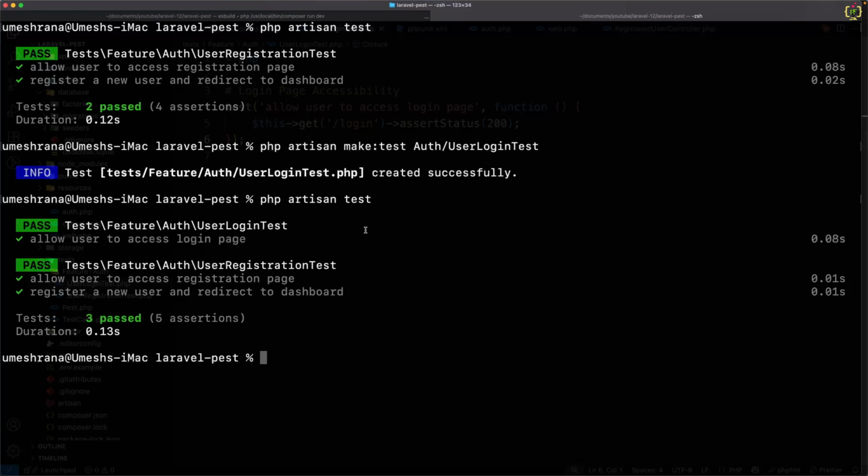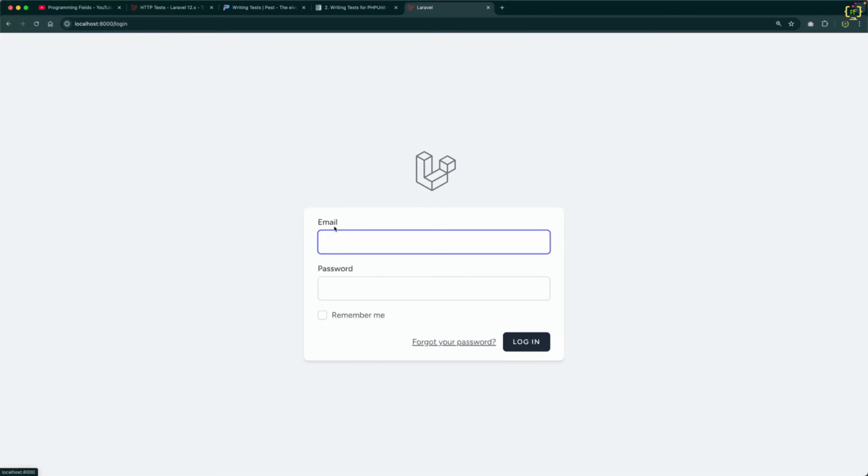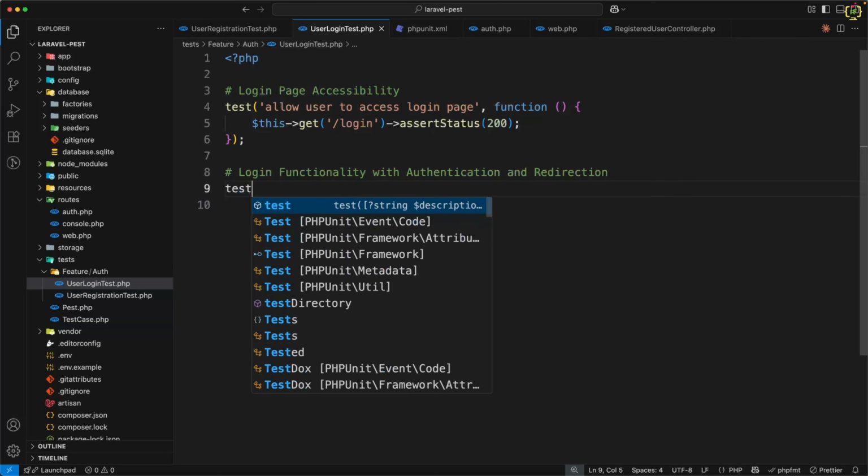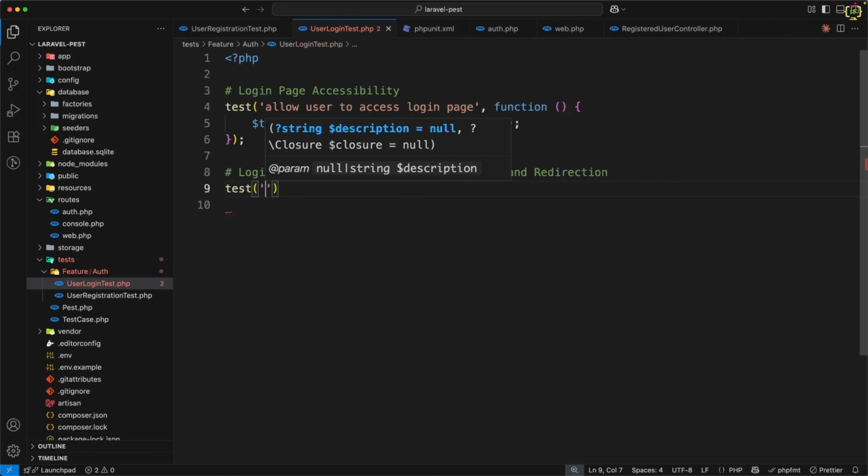So this is done. Now we have to perform login functionality from here, right? So for that, let's write the test case for making user authenticated. So this will test login functionality with authentication and redirection. Now for this, again I will use the test function, and I will give a name like